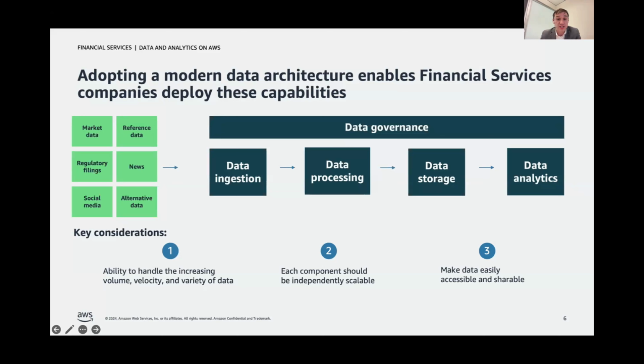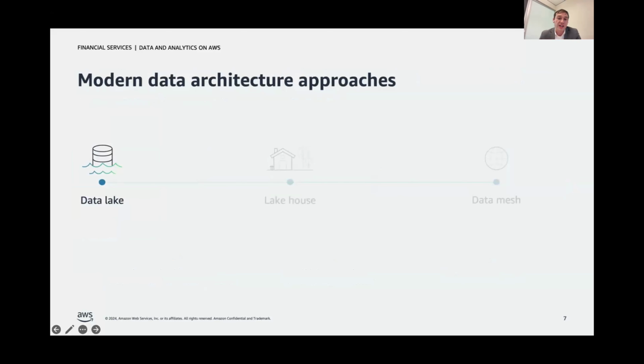So in addition to these high-level technical requirements, the following business considerations are also key. We need our solution to handle an increase in volume, velocity, and variety of data. We need each component to be independently scalable. And finally, the data must be easily accessible and shareable across multiple teams and platforms. With this in mind, we're going to explore three modern data architecture approaches that are leveraged by financial